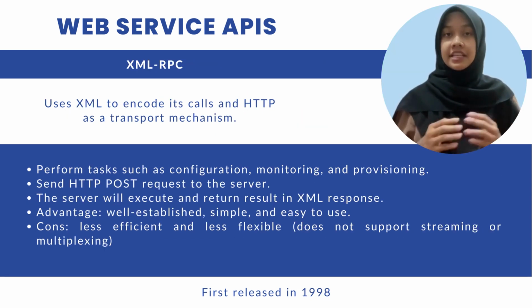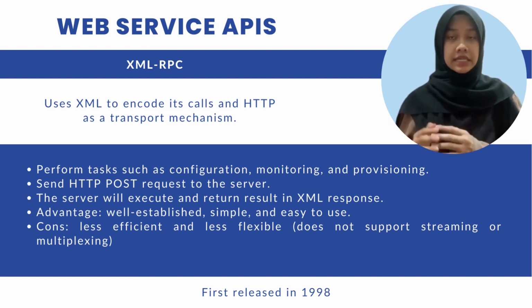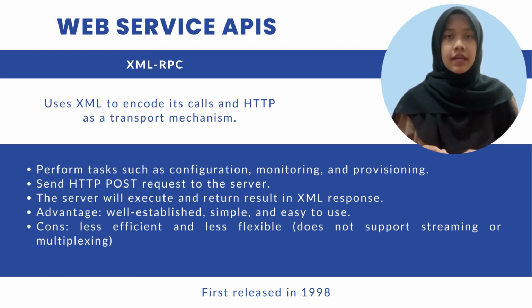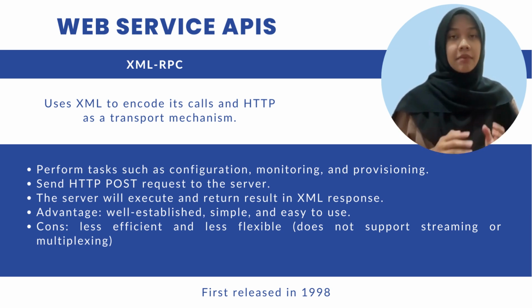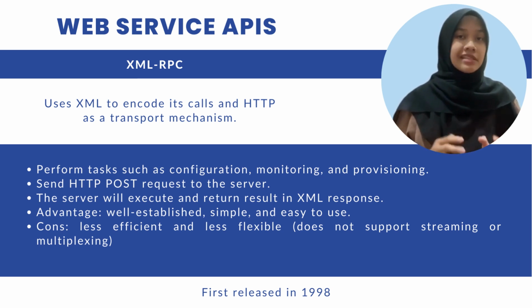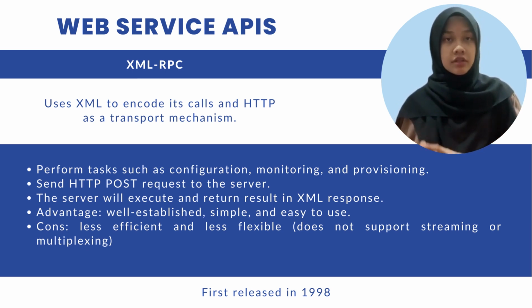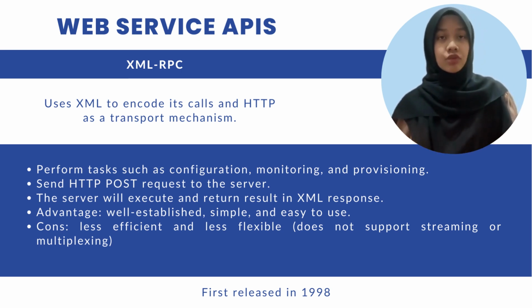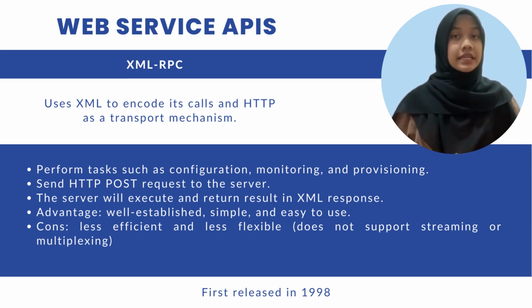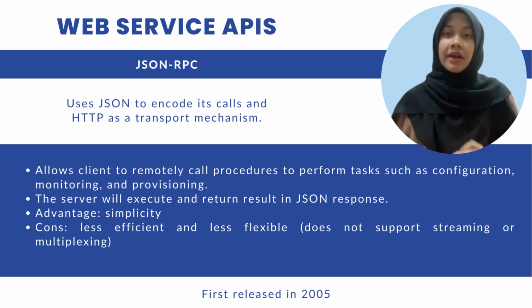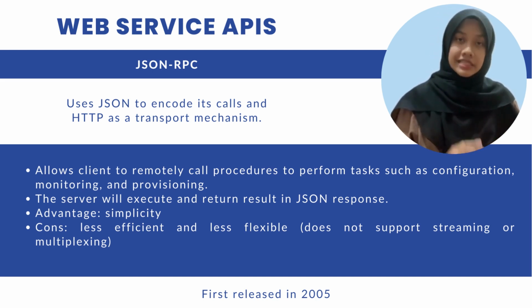XML RPC and JSON RPC both have the same tasks such as configuration, monitoring, and provisioning. However, the thing that differentiates them is XML RPC protocol uses XML, while JSON RPC uses JSON protocol to encode its calls and HTTP as a transport mechanism. They allow a client to remotely call procedures on a server and is often used in network automation to perform tasks. The server will then execute the specified procedure and return the result in the form of a JSON and